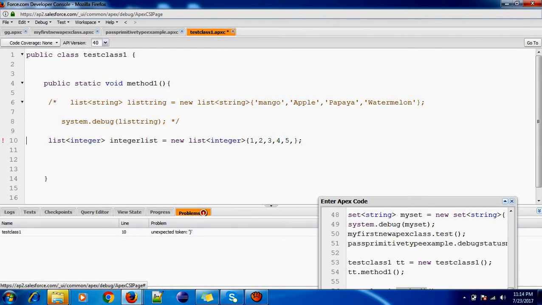List of integer list is equal to new list of integer. Okay, let me do it this way.